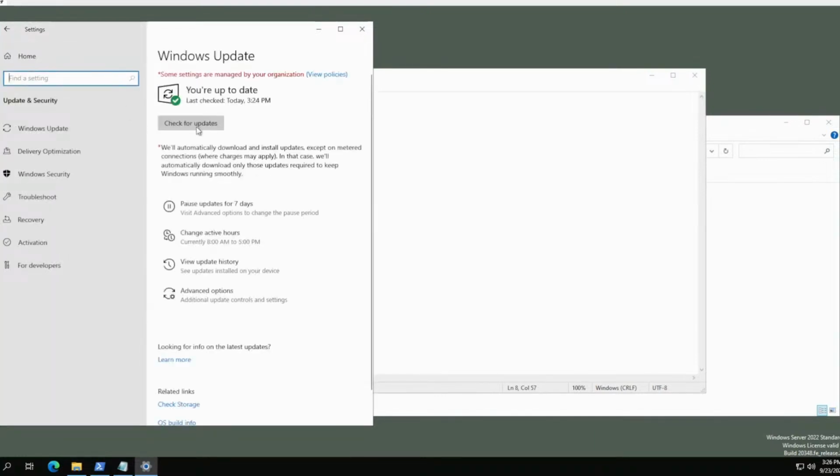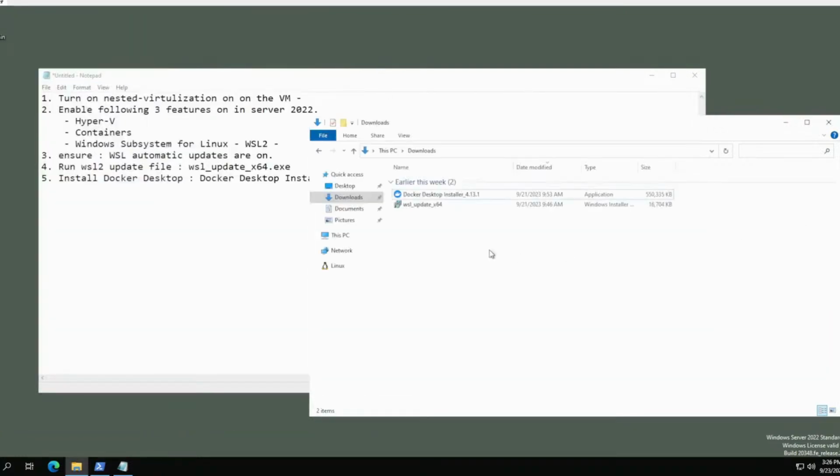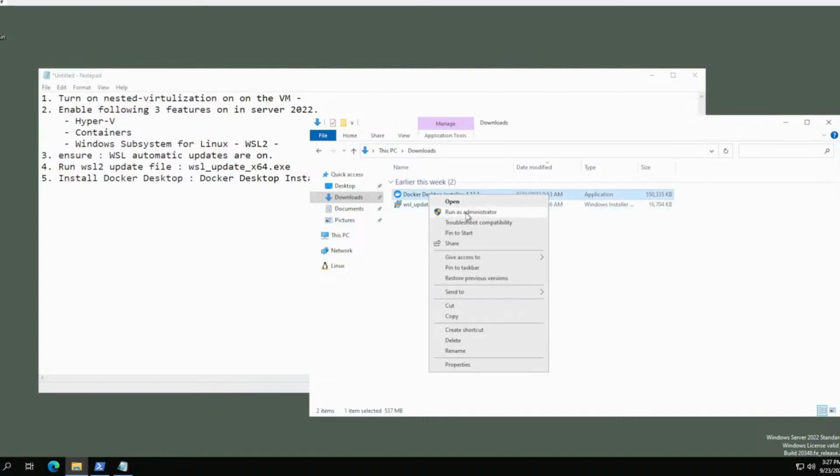And if you go back and check for updates, it should say you are up to date. These things are more important, right? Now let us start the Docker installer, right? So what I'm doing, I am installing as an